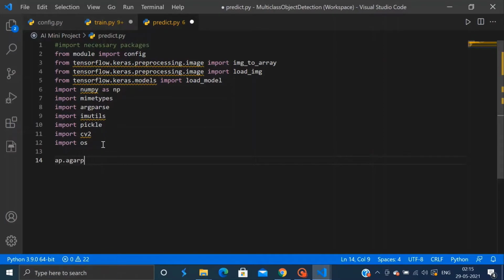So we will start by constructing the argument parser that will parse our command line arguments. And we have only one command line argument, which is --input, for providing either a single image file path or the paths of a list of test file images.